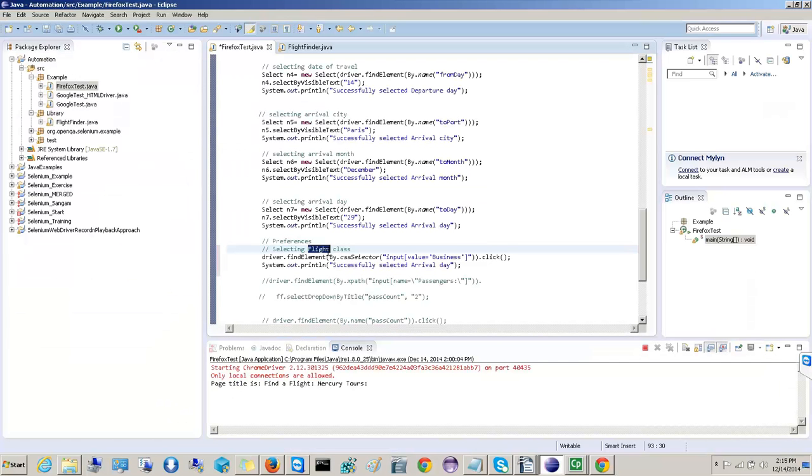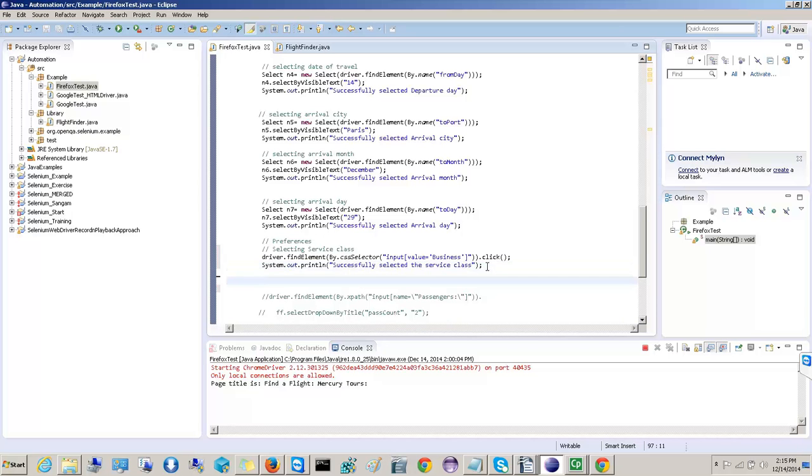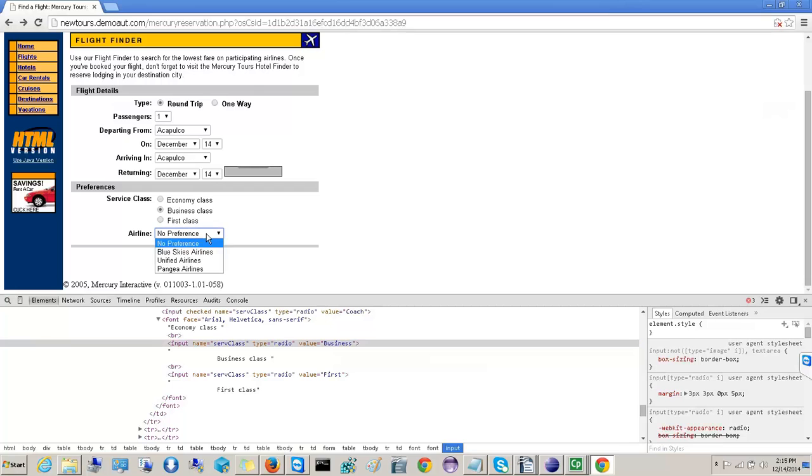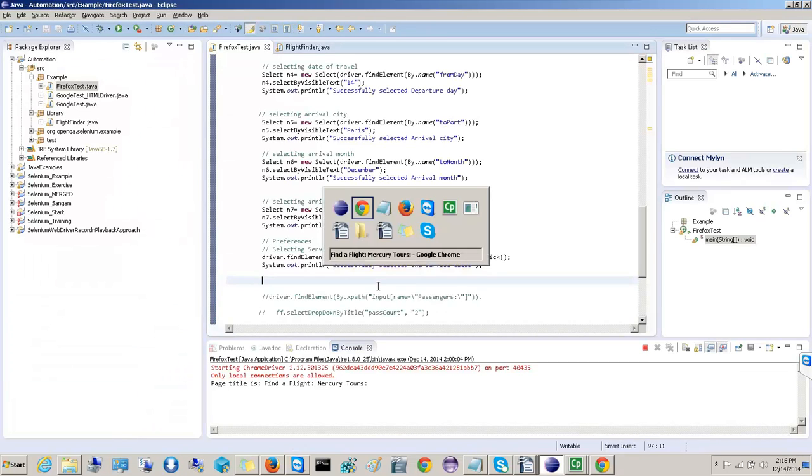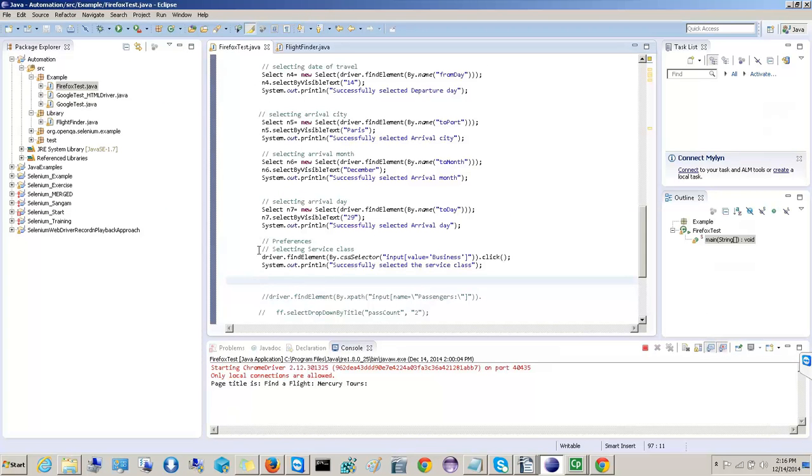Service code. Okay, this we will skip it, then finally we'll click. So let us see, the continue is not a button, it's an image. Yeah, it's an image, but it's input type. Class is input, type is image, and name is find flights. So here you can directly use find flights by name, so that should be fine. If by name doesn't work, we have to use the CSS or XPath. So for the time being, I will use